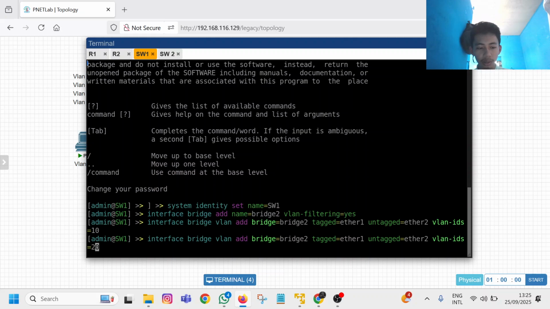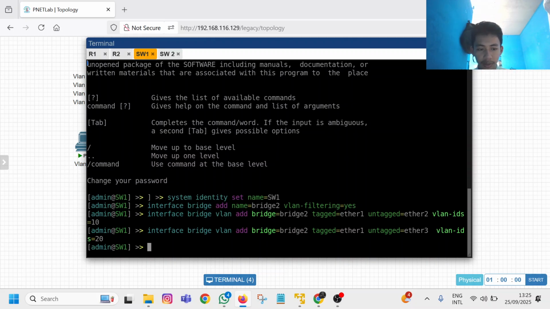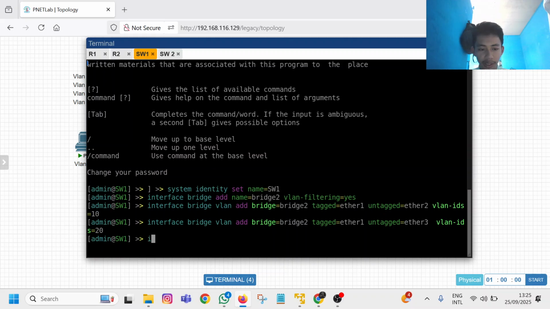Now again, but now on VLAN 20, and the Ether is different, it is 3. Now again on interface bridge, but now go to the port and click add. This is also what we made.